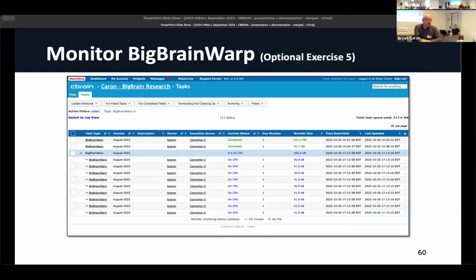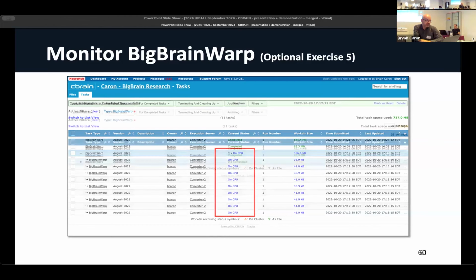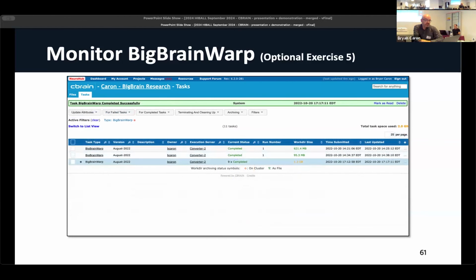And it'll tell you where they're run, so you get all that run information. Then you can follow them through and watch the status, again, refreshing the page. In a few minutes, you should actually get it to a completed state, okay? But what we've done here really is, like I said, shows a simplified way of working with multiple files within CBRAIN. And it's as if you're only working with that 1 input.